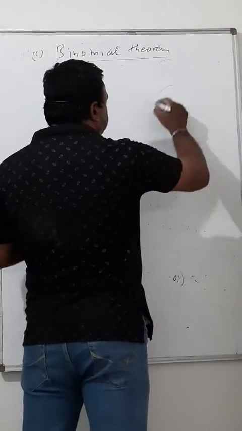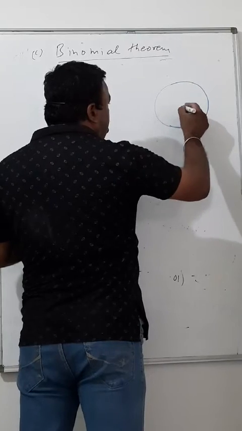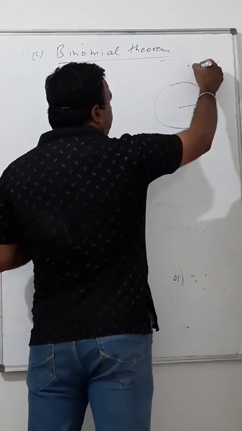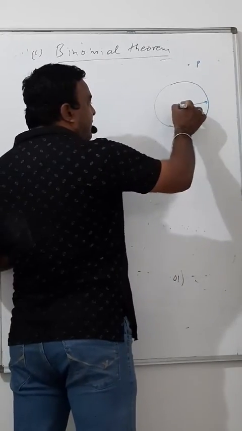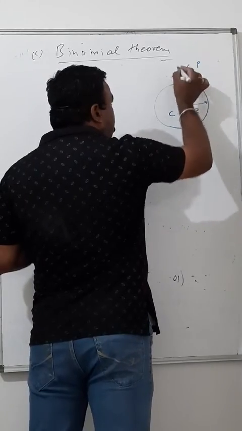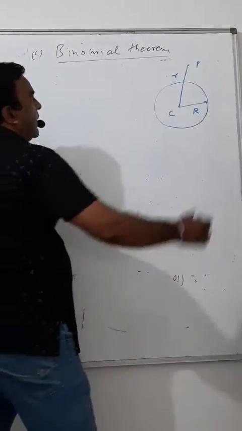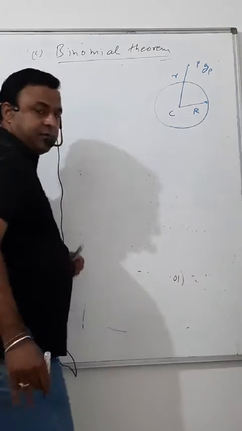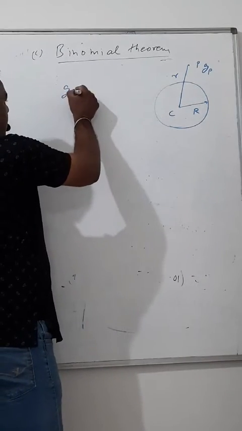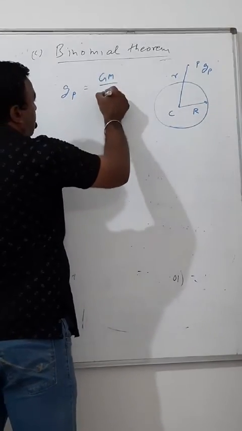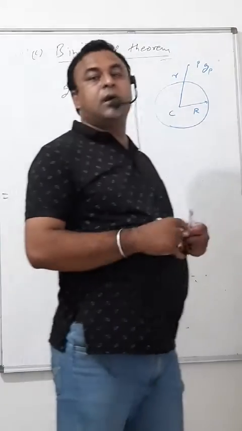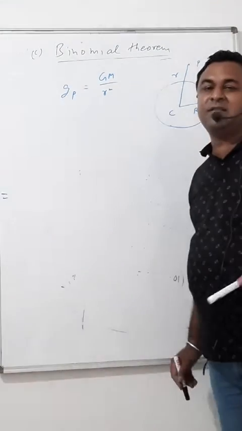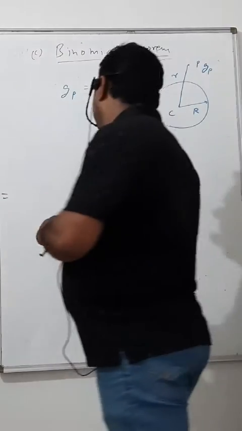for Earth. This is our Earth, say. This is the radius of Earth. At some point P, which is outside the Earth, the distance from the center of Earth is R. Then at this point, the value of g, acceleration due to gravity, depends upon these factors: G, the gravitation constant, M is the mass of Earth, R is the distance of the particular point from the center of the Earth. So, here